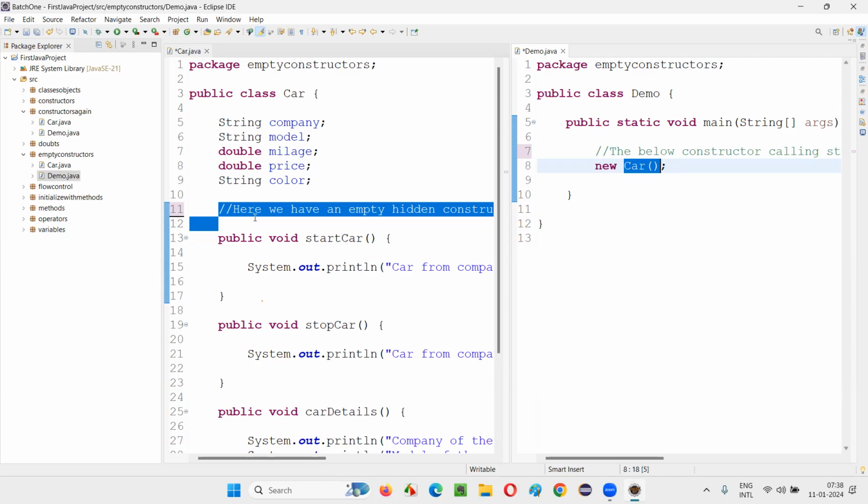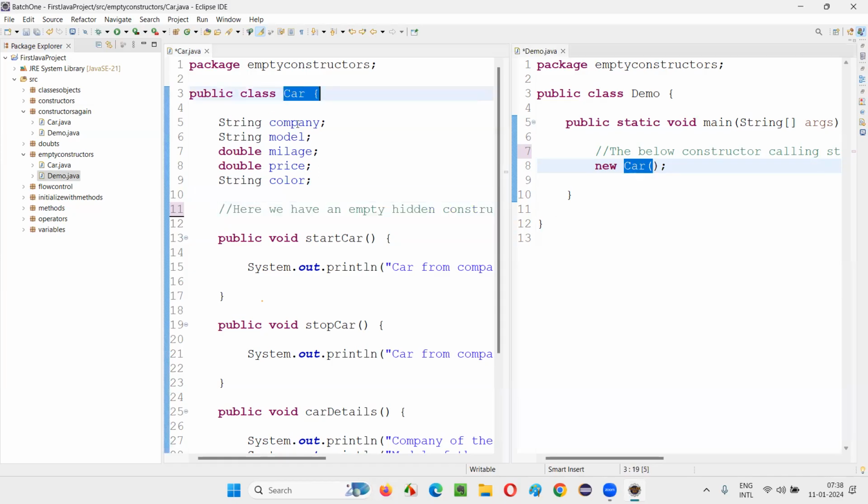We would have to explicitly create the constructor even though there is no use, otherwise it would give an error earlier. So what the Java guys have done is, for every object creation statement, they have made the constructor calling statement inbuilt. If the constructor is not there, this will give an error. So they thought, whenever you create a class, they create an empty hidden constructor for us so that you will not get any error here. That's the only reason.